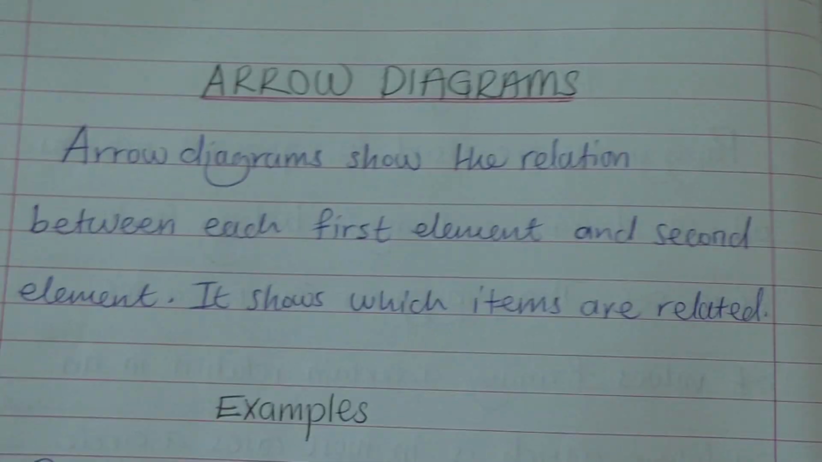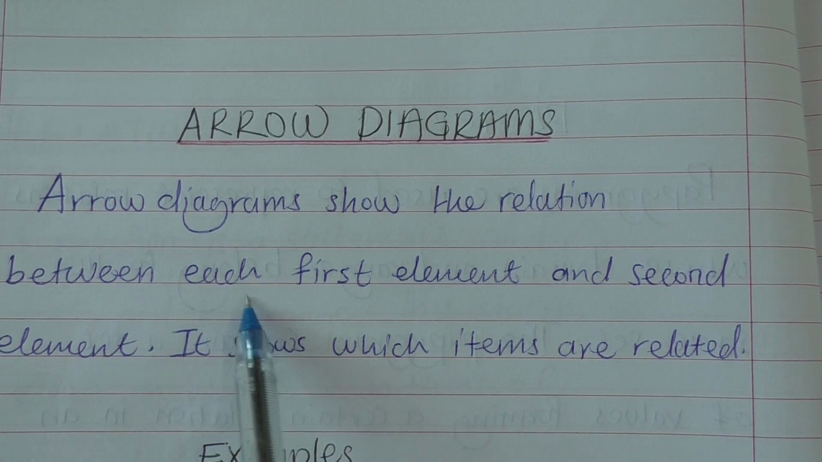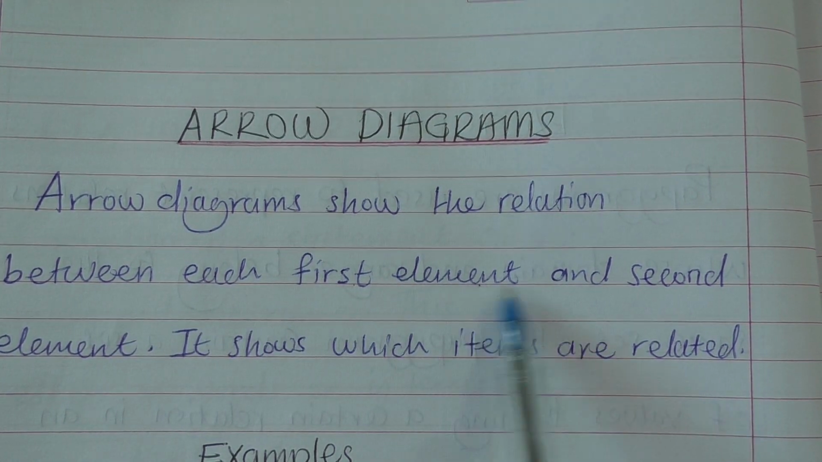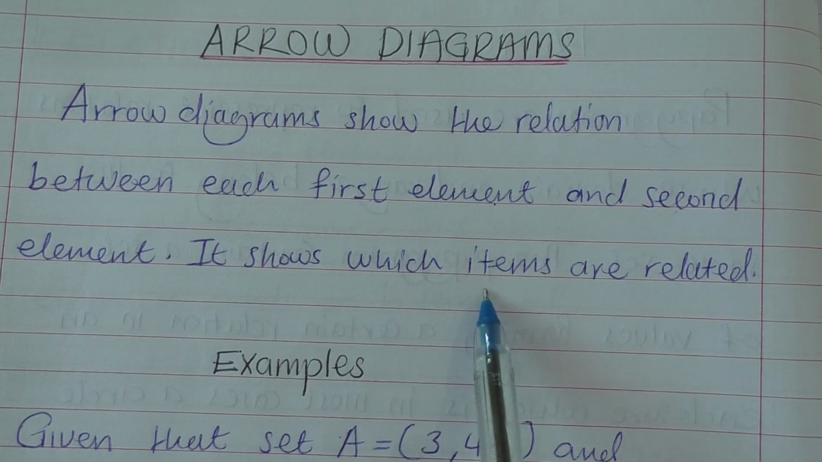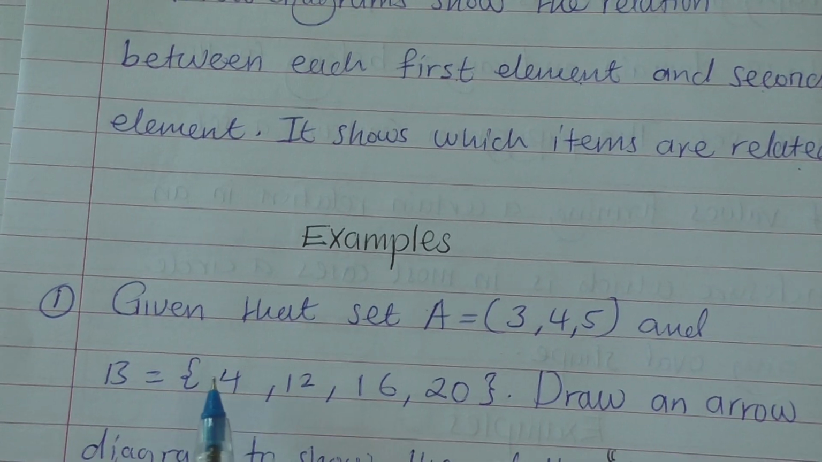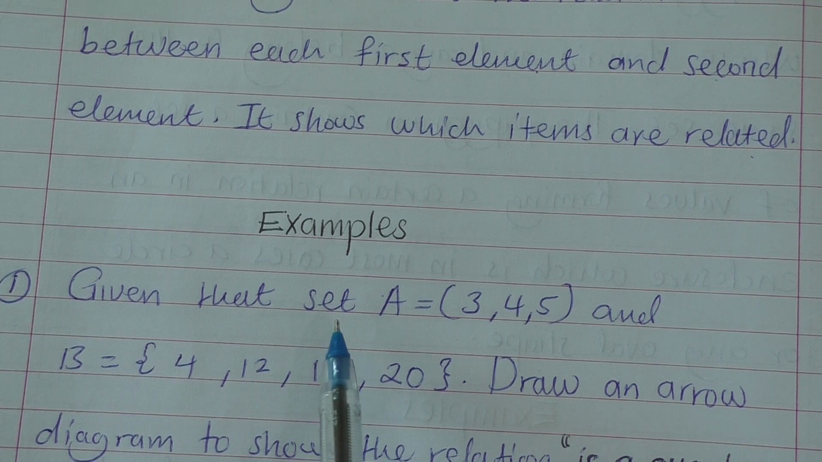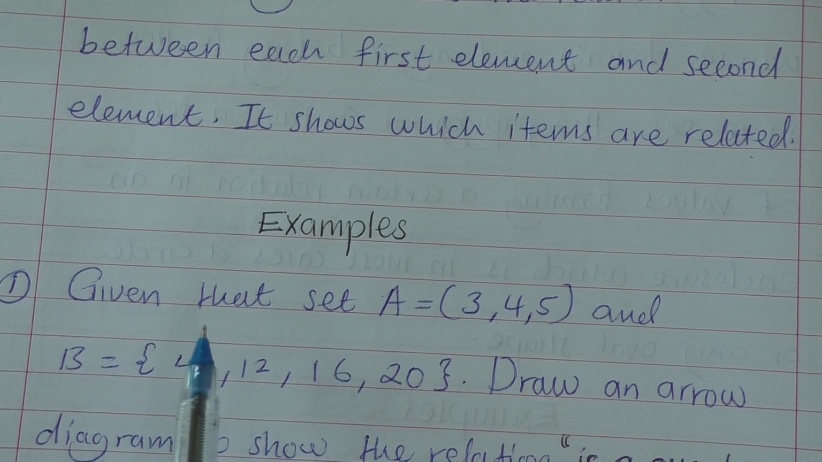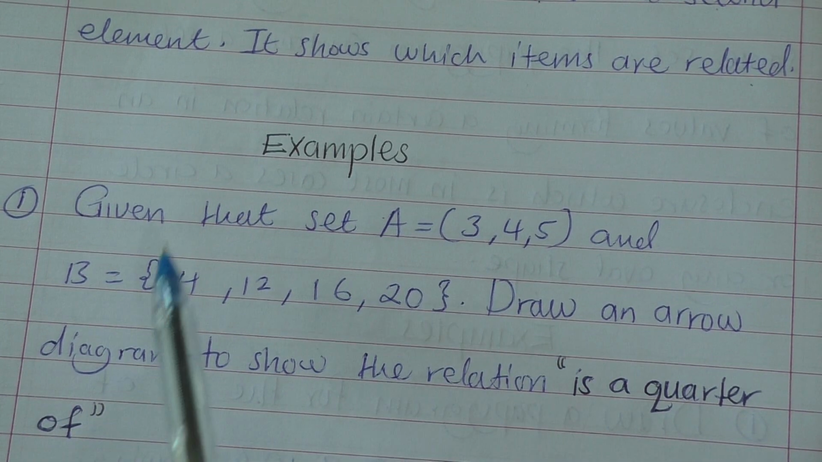Then we come to arrow diagrams. Arrow diagrams show the relation between each first element and second element. It shows which elements are related. But for arrow diagrams, we must have two sets, one having the domain and the other having the range. For instance, example 1 says,